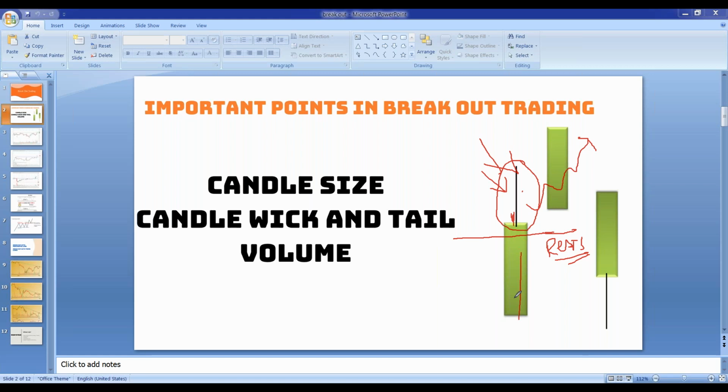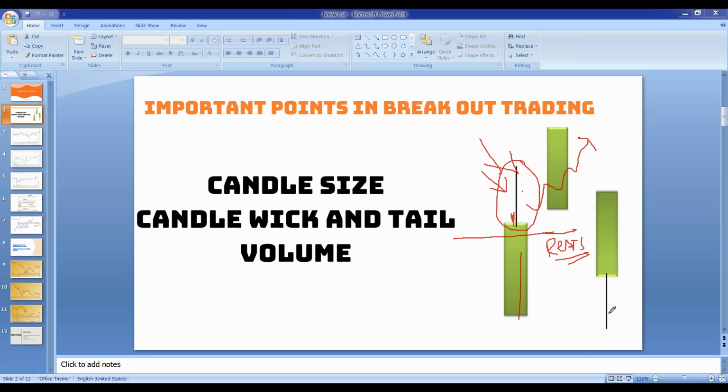If the candle is getting closed on a higher side, I am not talking about any time frame, Shailesh here. Time frame is not at all important. Patterns are generally important. So whenever a candle is getting closed on the upside, on a higher side, and there is a lesser wick, then we can say that the breakout can work out. So this is the second point you have to look for.